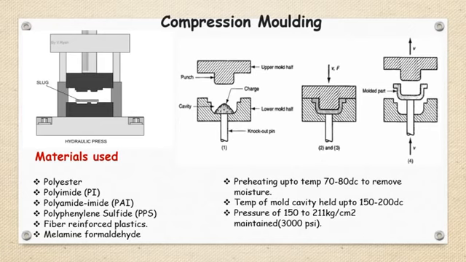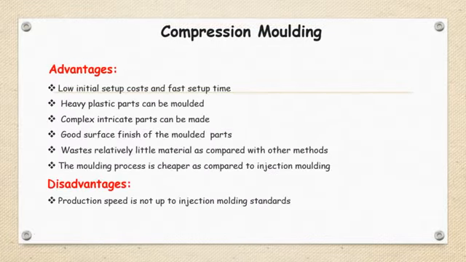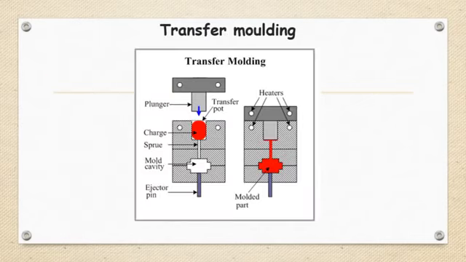This has to be reduced. Again, the disadvantage is that complex geometry shapes we cannot prepare, isn't it? That's why a second process called the transfer molding process evolved. In transfer molding, the thermosetting molding powder, or powder of thermosetting plastic, is placed in a chamber called a transfer pot. That pot is called a transfer pot.